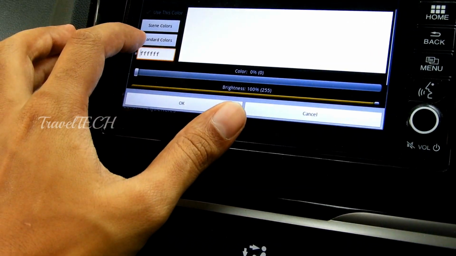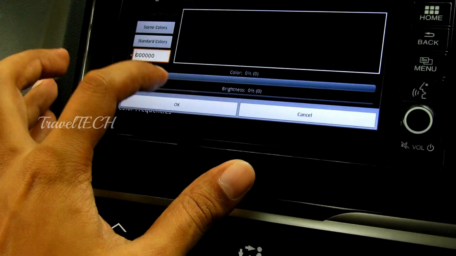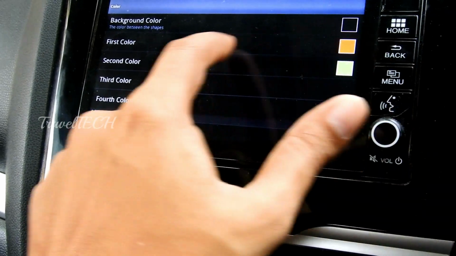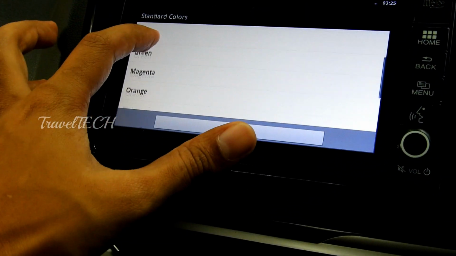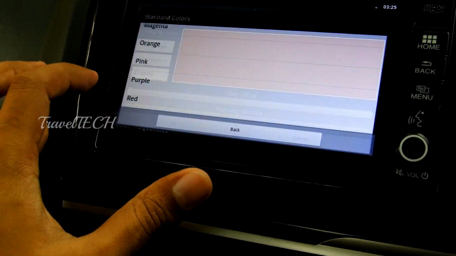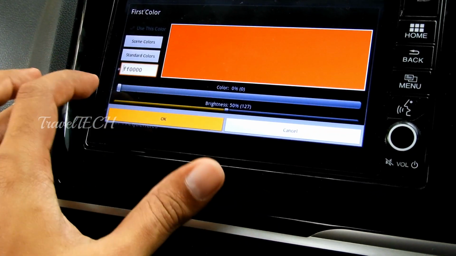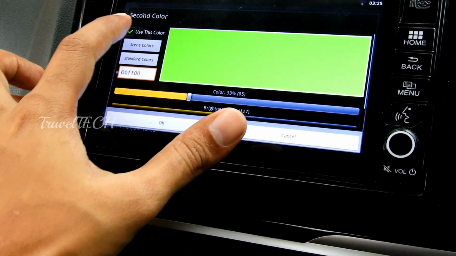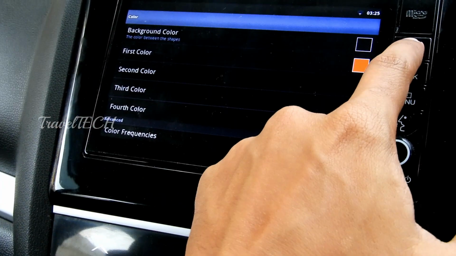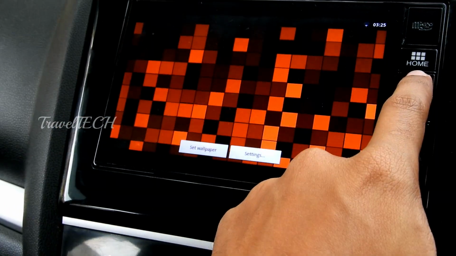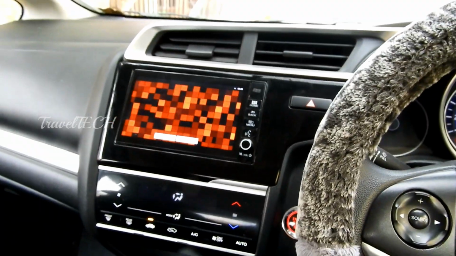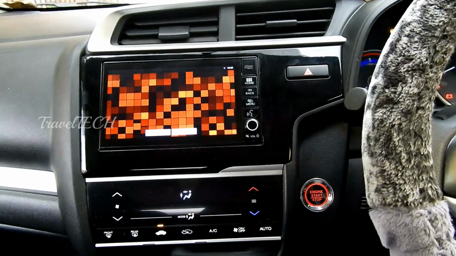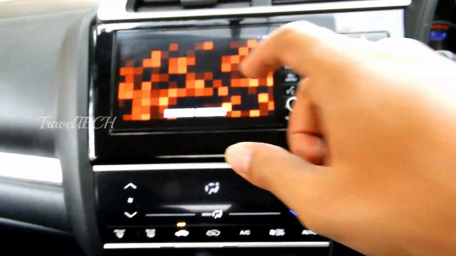Now I'll just set the color back to the black color. So let's see, I'll select the first color as something else. Let's try some other color right now. Let's try a red color, and click on OK. I'll take out the second color. So let's just see how black and red looks like, and I think it's going to really look nice. Yes, as you can see, the black and red combination also looks really wonderful, really nice, and especially at night this is going to pop out really well.